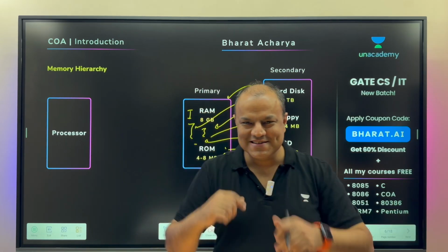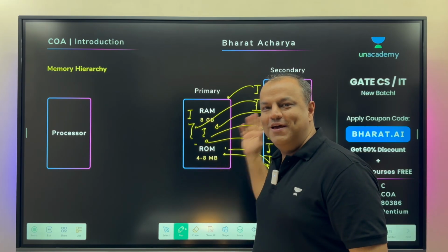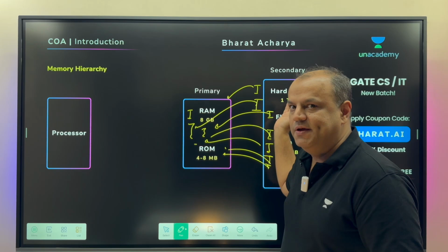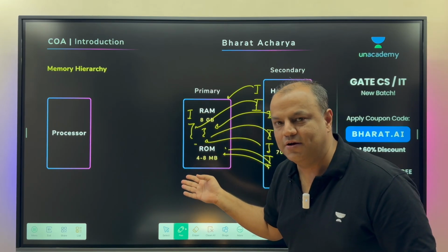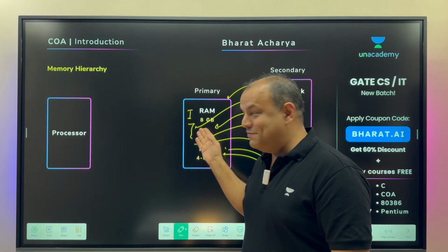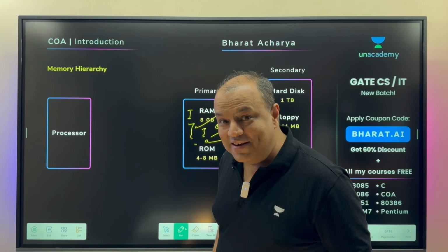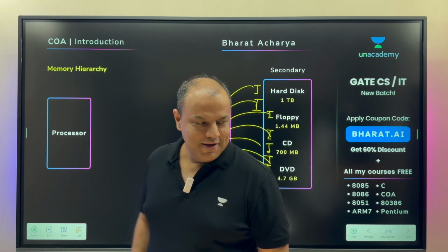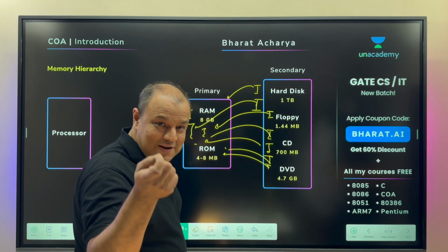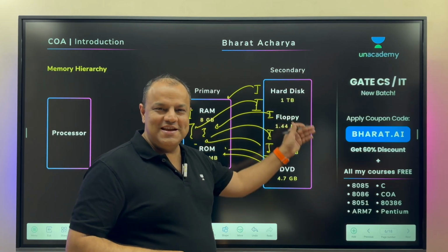Why? Now you understand why? Because they're all fighting for space inside the RAM, and RAM cannot hold everything that is there in the hard disk, because it's 8 GB, that's 1 TB, everything cannot come here. This is a very small fraction of what is available over there. Even if this was 10 GB and that's 1 TB, it would still be less than 1/10. Do you understand? Or 1/100th rather. So it's less than 1%. So basically RAM can hold very little amount of information as compared to your hard disk.